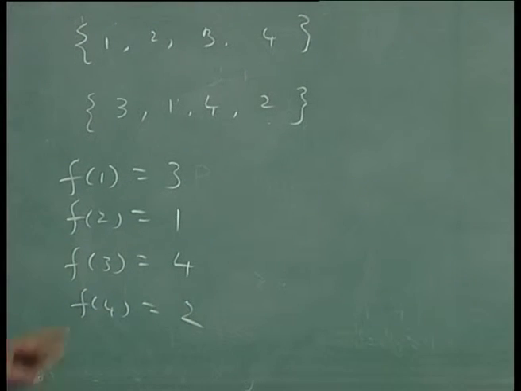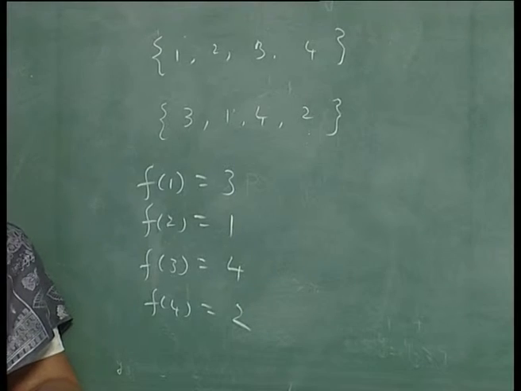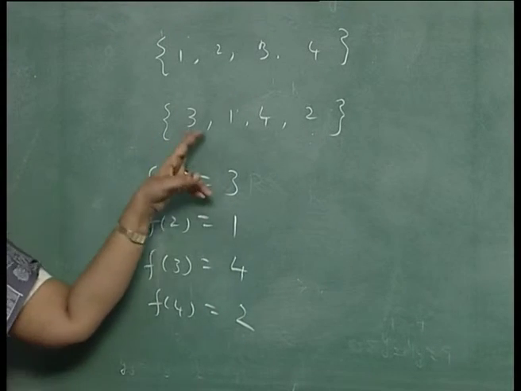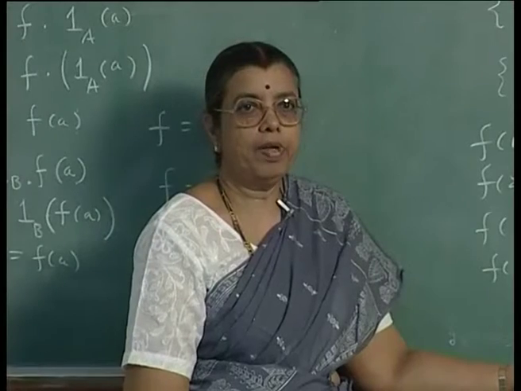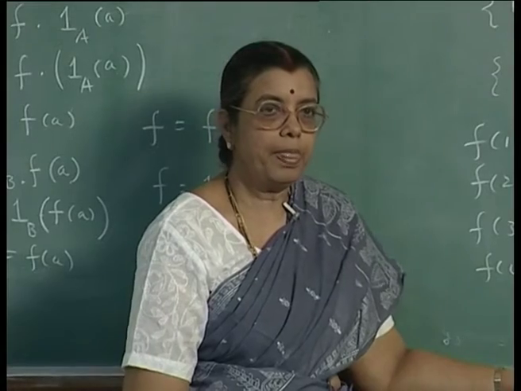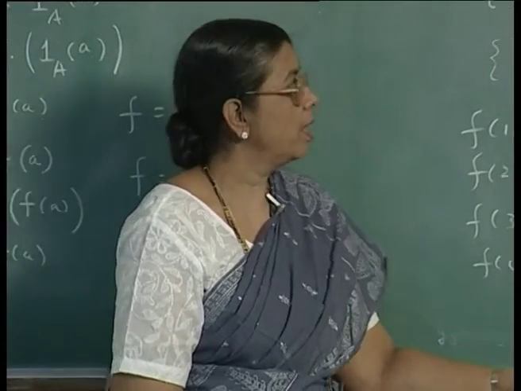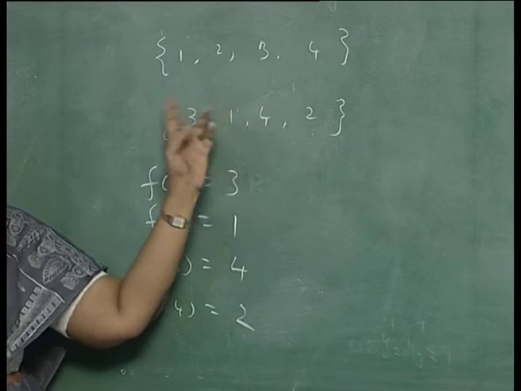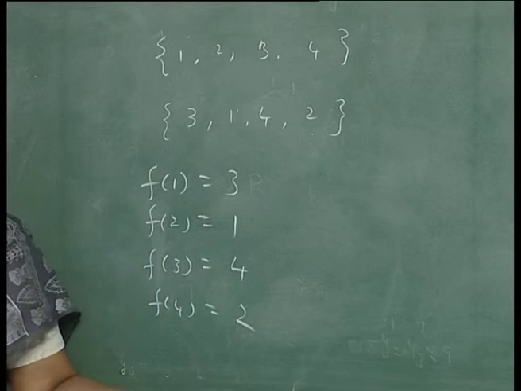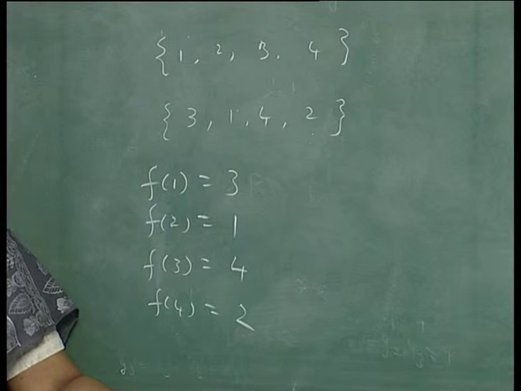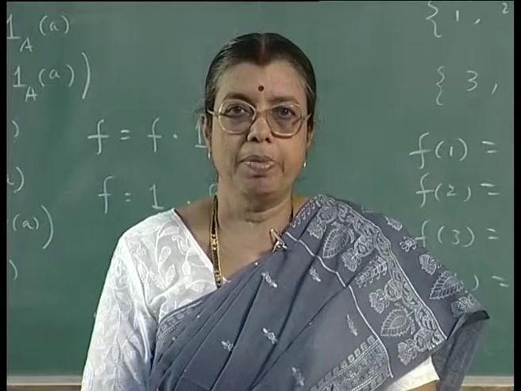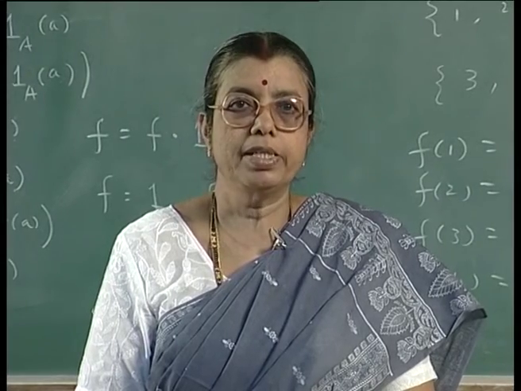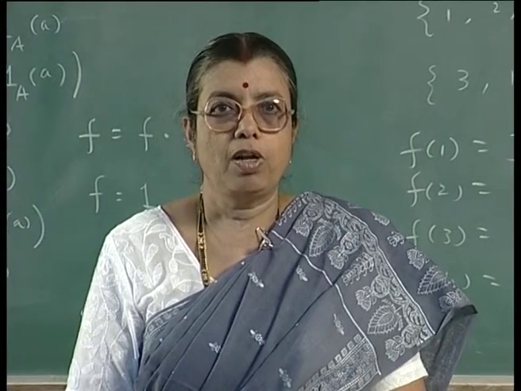You find that different elements are mapped on to different elements. So, it is injective and every element here occurs as the image of something or the other. So, it is also surjective. Since it is both injective and surjective, it is bijective. So, permutation is a rearrangement of these integers and because it satisfies both conditions, it is a bijective function. Now, you can have composition of permutations that will also be bijective. Each permutation is a bijection, so the composition of bijective functions will also be bijective.